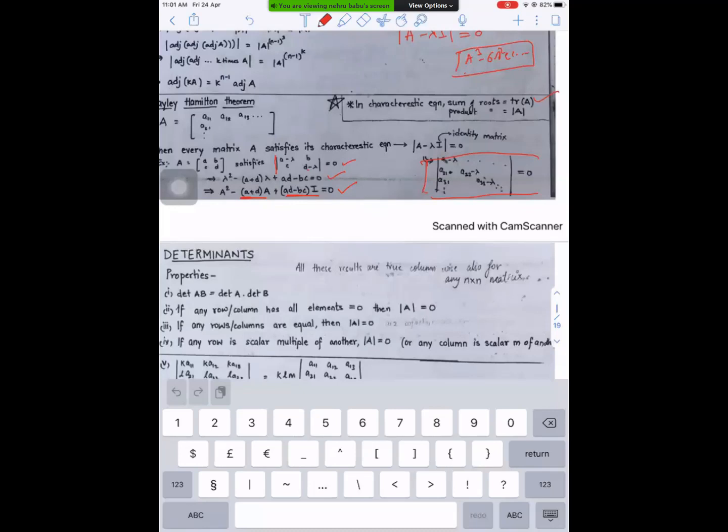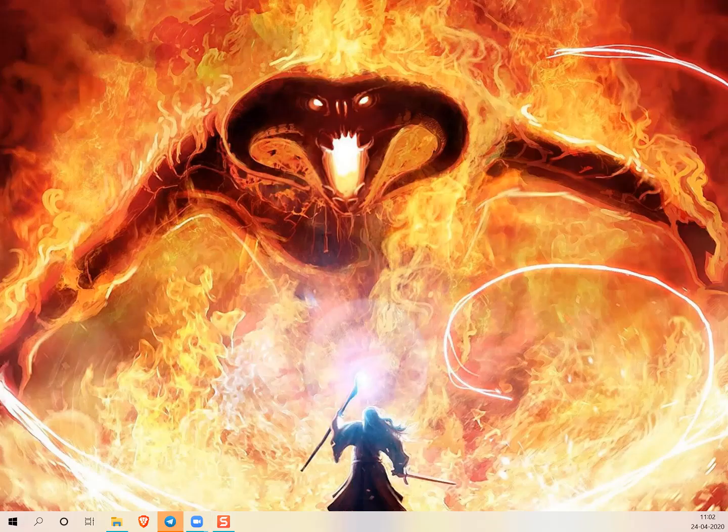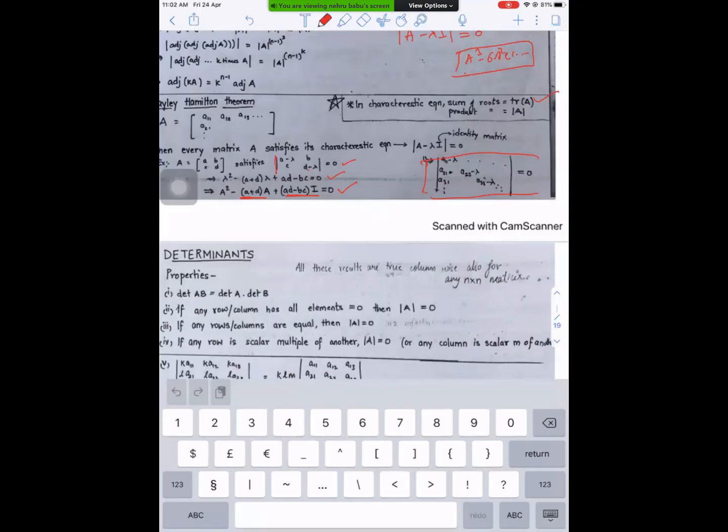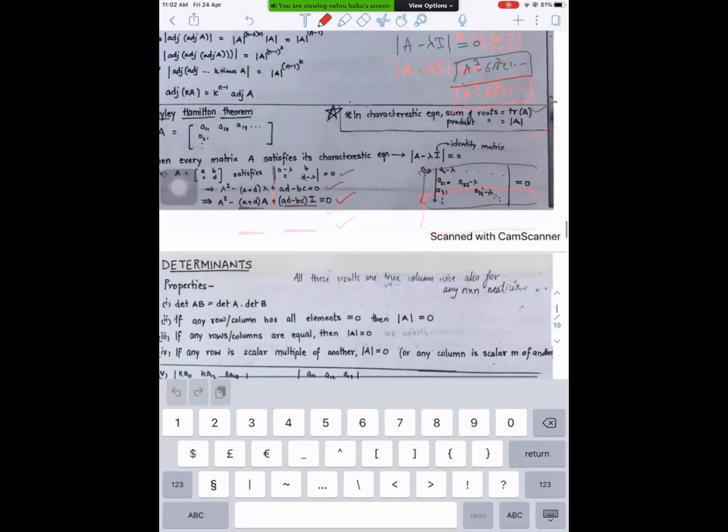Okay, remember these points. In your workbook, this question they gave in comprehension. Even they also mentioned some problem based on this. But in your workbook, you can check. They mentioned these questions in comprehension. They mentioned the Cayley-Hamilton theorem in that comprehension. They didn't prove it, they gave simply the statement. After that, they asked a question based on this. Okay, this time coming back.